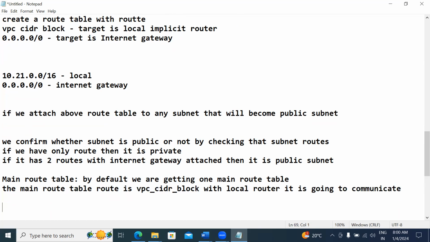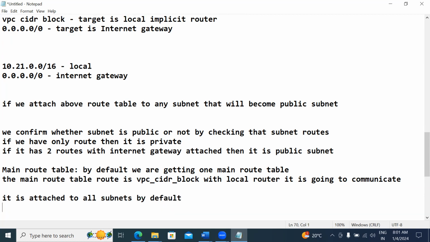It is going to communicate with the local router. It is attached to all subnets by default. Means if you don't do anything, by default all subnets would be attached to